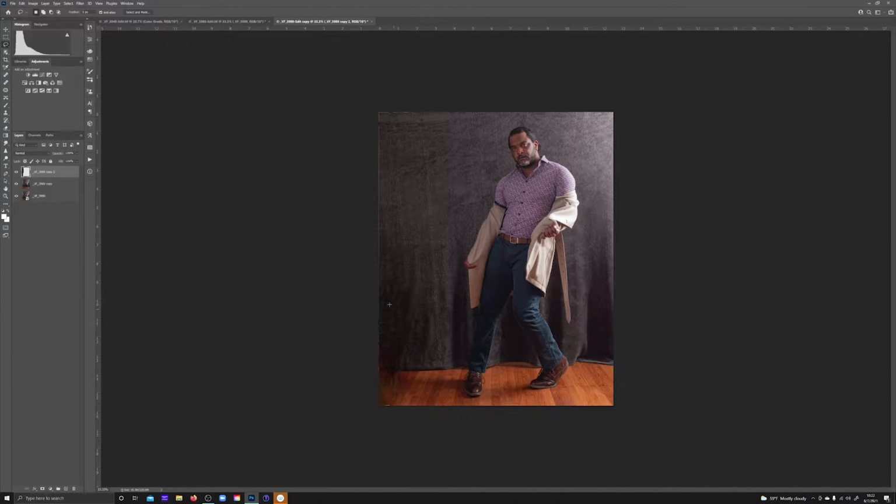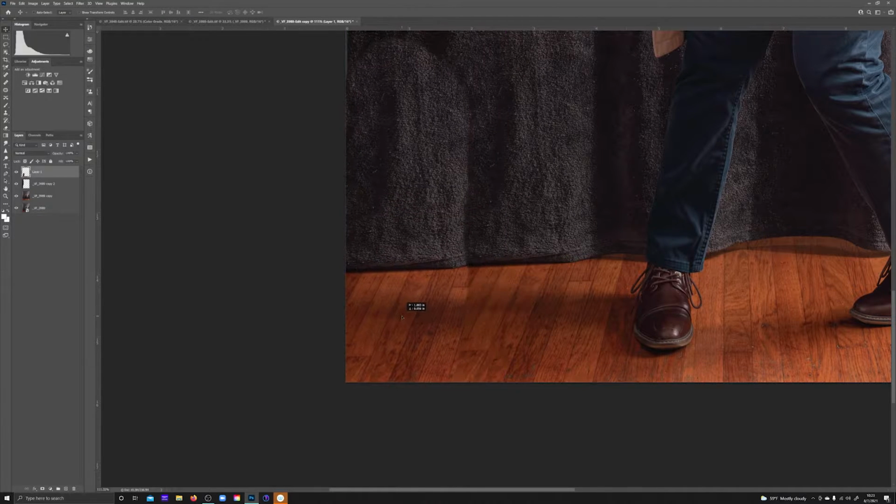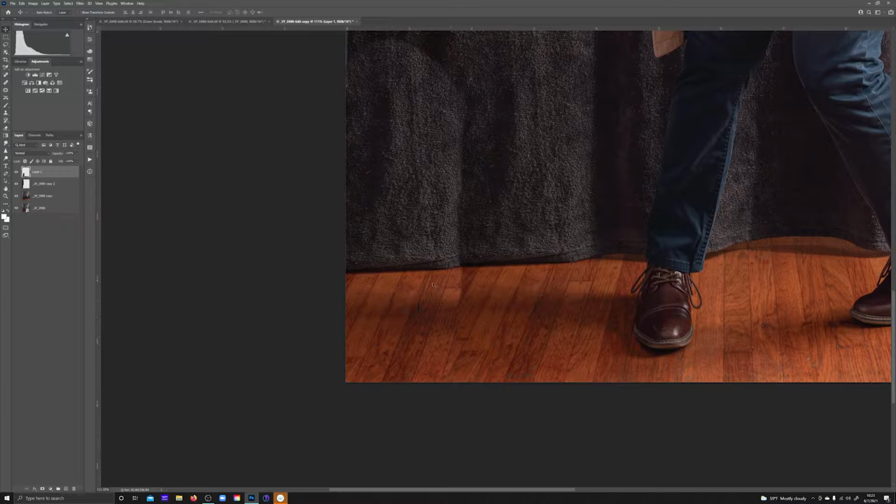Now, there are some portions at the bottom that just didn't come through. It's a machine. Machines aren't always perfect. So we're just going to make a selection from the original copied layer, which is the second layer here, the middle layer, of an area that I think is going to work. We're going to press Command J to copy that, move that up to the top of the layer stack. And then with our move tool, we're just going to move that over, and then we're going to press Command T to transform,